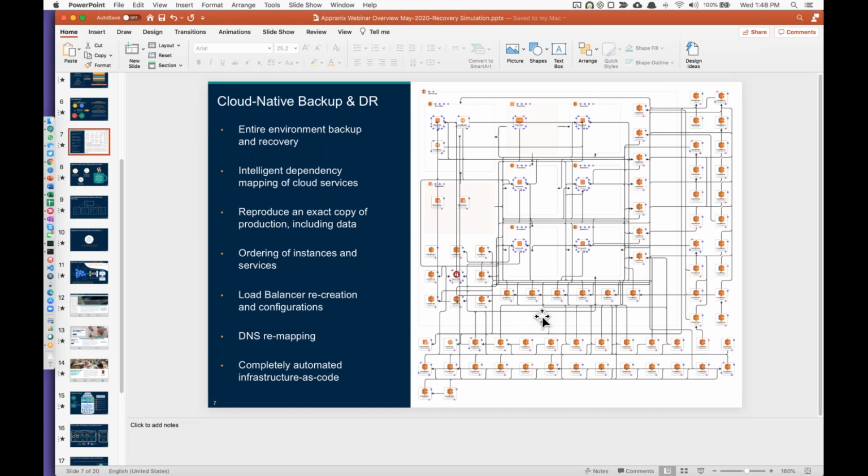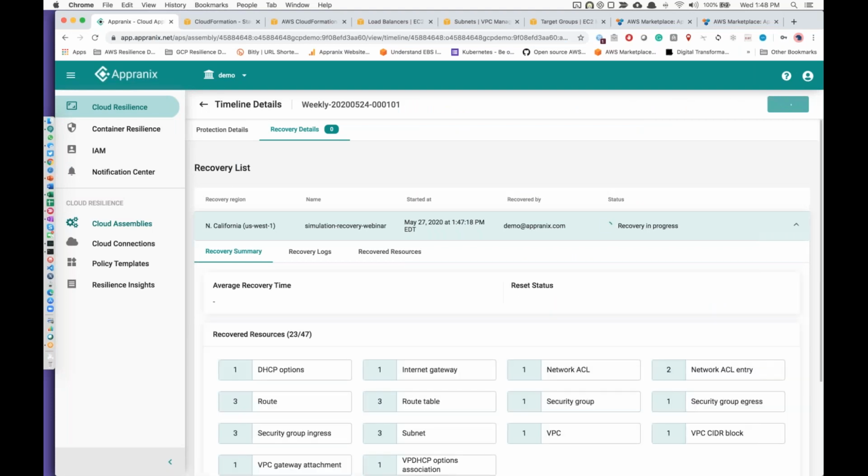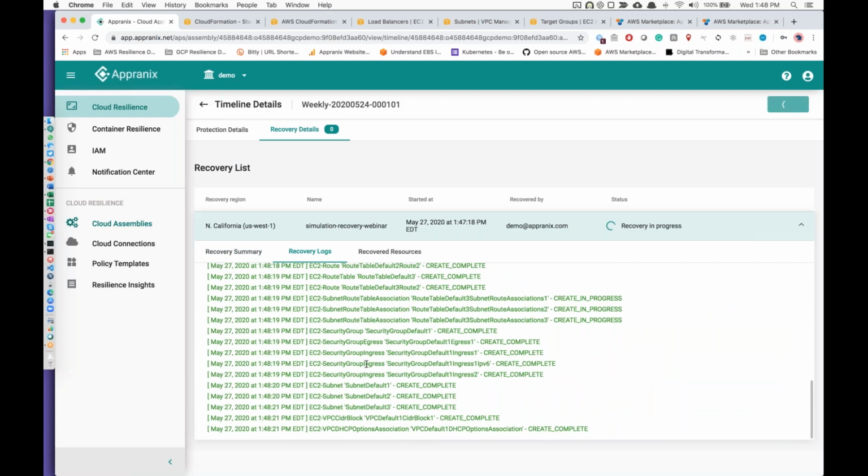Or your developer might have deployed something new along with it, might have changed the connection, the firewall that allows the front end of the application to talk to the back end RDS. That might have changed. Or you might have even lost a security group. The funny thing is that even if you lose a security group, it's difficult to figure out what you had, and now you don't know what you had, so your application environment is not going to be up. So where is the resiliency for that application environment? All I clicked is a single button. Everything is being brought up.